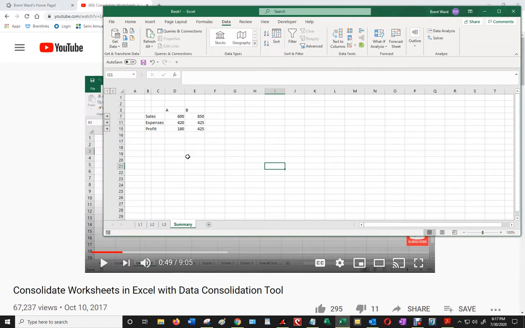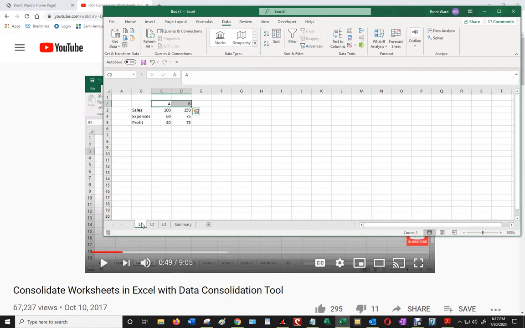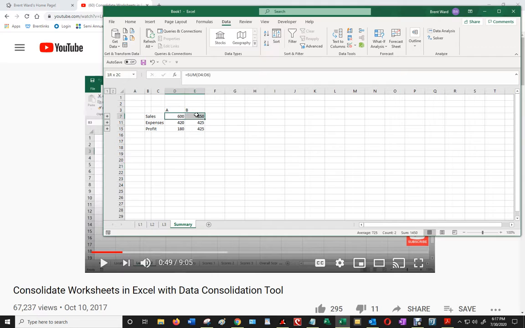What it did was it took the sales from L1, L2, and L3 and added them up. So L1 A was 100 plus 200 plus 300. And that gives us 600. So similarly, it did the same thing for all the other items, the other cells in this